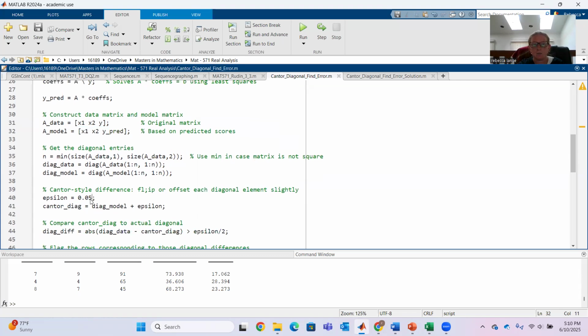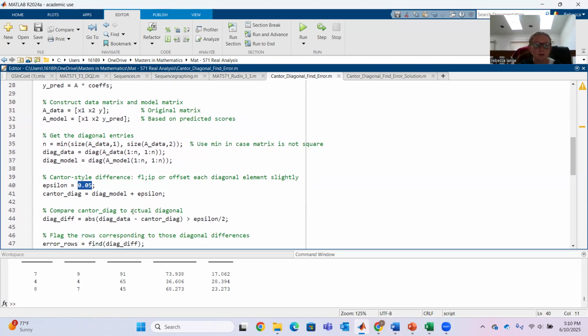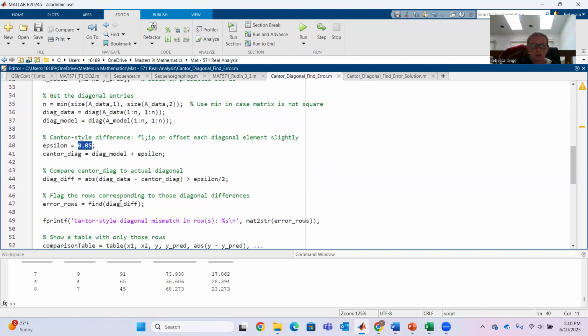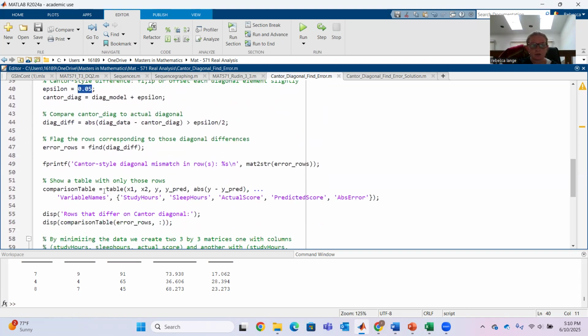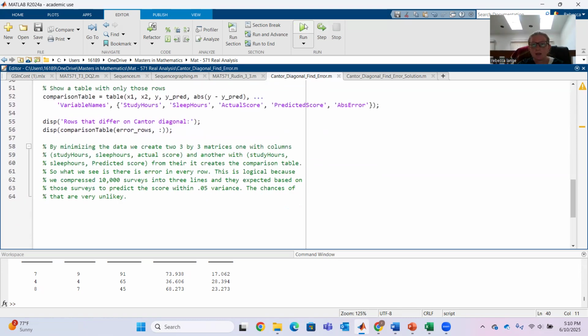And then we are comparing them and seeing how much error there is. So this is kind of like my error amount. So I'm saying, okay, my error should be less than 0.05, or sorry, 5%. And then we are comparing the two. What we see kind of more down here is we're creating a comparison table, comparing the two, and then it's also going to tell me how much error there is based on, okay, how did the predicted Y compare to what they actually got. Okay, and then you run the data set,